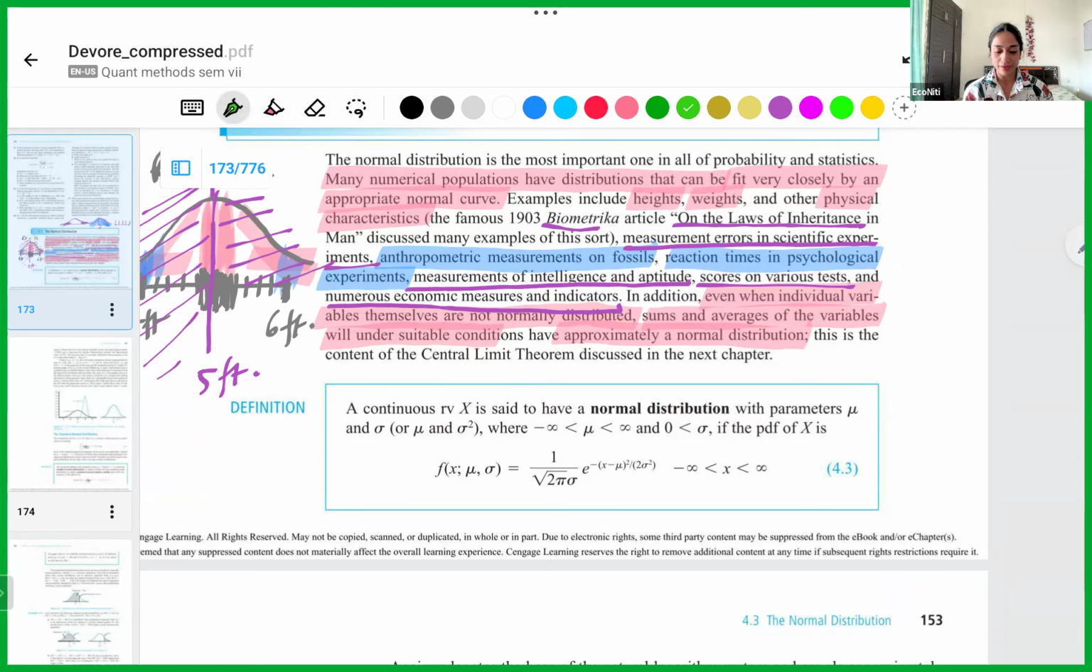So a continuous random variable X is said to have a normal distribution. The parameters are given by mu and sigma, or mu and sigma squared, right? So the parameters are the mean and the standard deviation that differentiate one normal from the other. Okay,